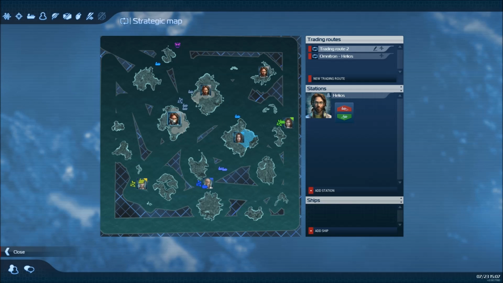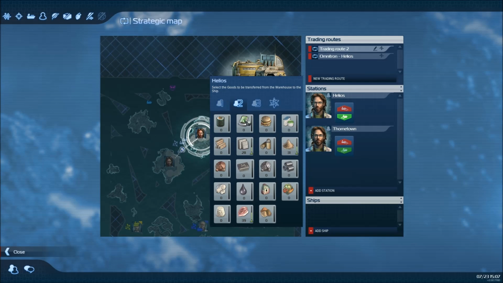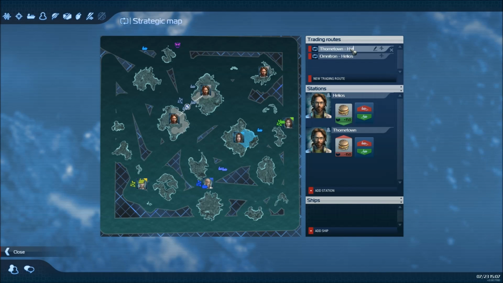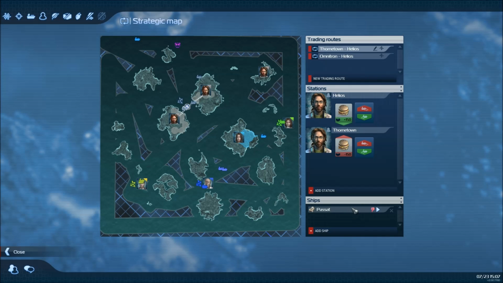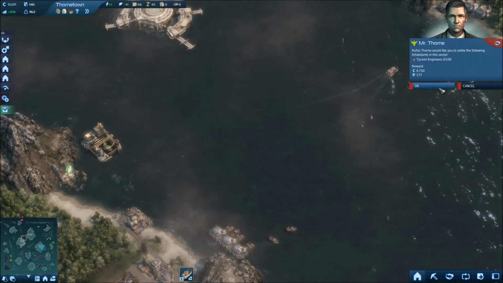And then we want to pick up the convenience food and bring it to our hometown over here. So we'll pick up our convenience food at Helios and drop it off at Thorntown over there. So this is Thorntown, Helios. Good. I like naming them. Well, we gotta put a ship on there. I like naming trade routes based on which islands they go to, because if you name it something like convenience food,